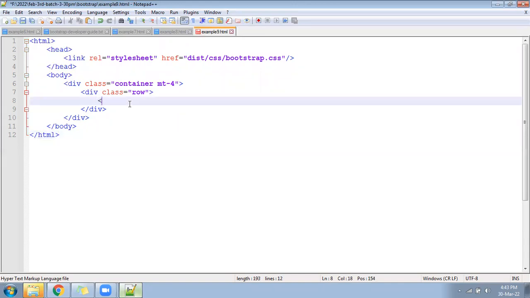Write the division. Follow class equal to col-lg-4. 4 we have to follow 3 times. 4, 4, 4.